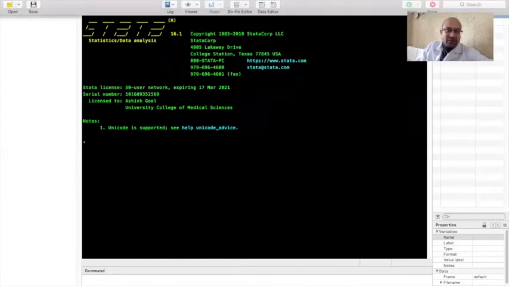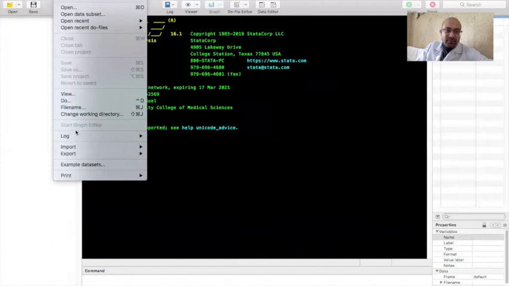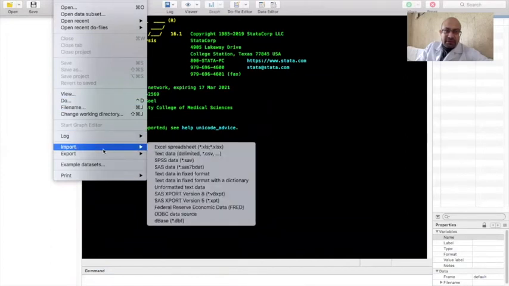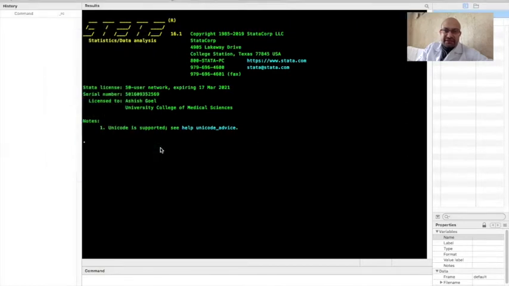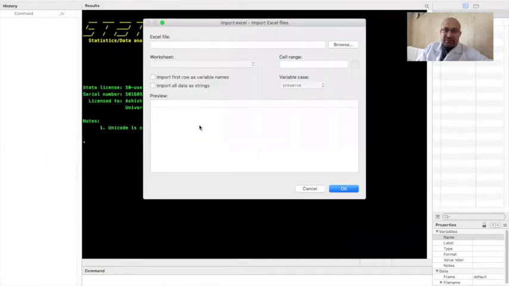So if I go to the File menu, come to Import, and import an Excel spreadsheet. Now most of us record our data in Excel, and then it's easy to bring in the data from an Excel worksheet into the Stata working directory. So let me try and bring some data, which is in an Excel spreadsheet, into Stata.